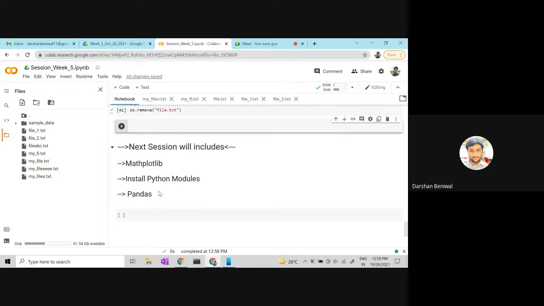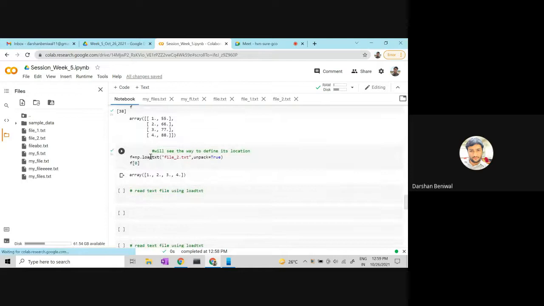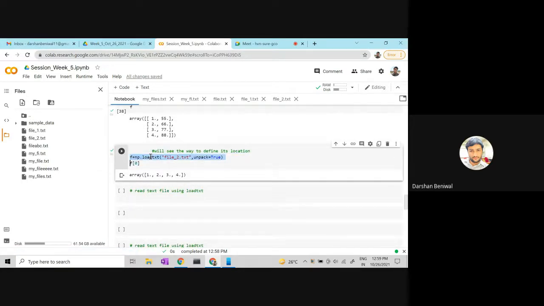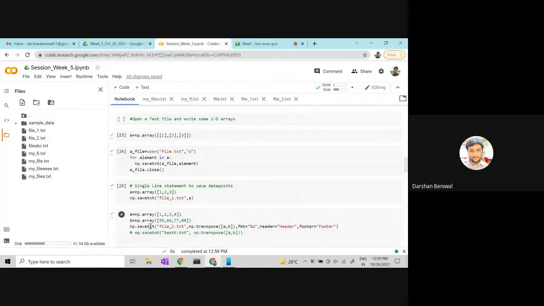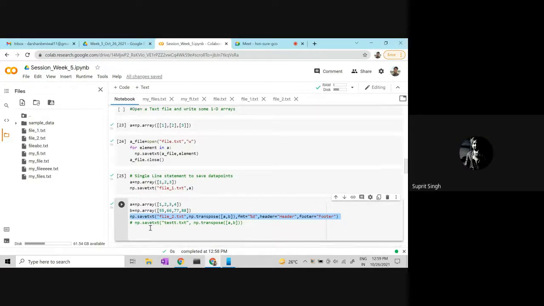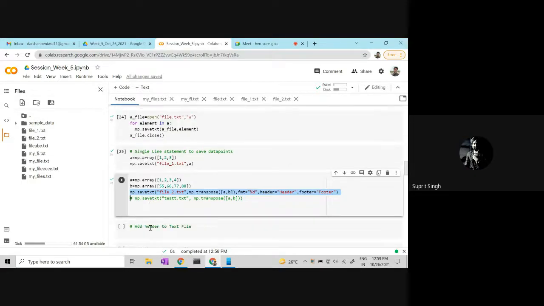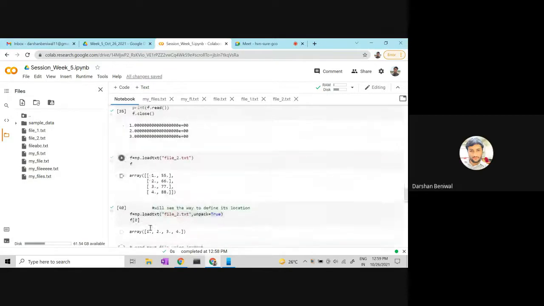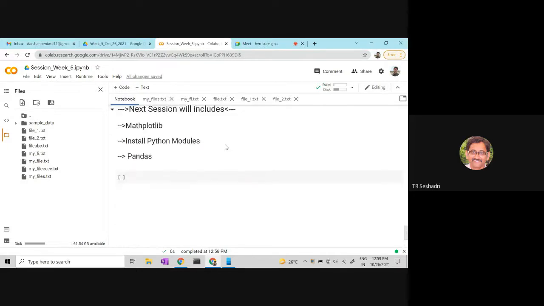In the next session we are going to start matplotlib. This is again very important, and in today's session these two commands are very important. The first one is to read the data using loadtxt, and also to save using savetxt. Only these two commands we are going to use in the next session. It is important that you go back and do a question mark on np.loadtxt because it has lots of arguments. You need to be careful. Okay, thank you.